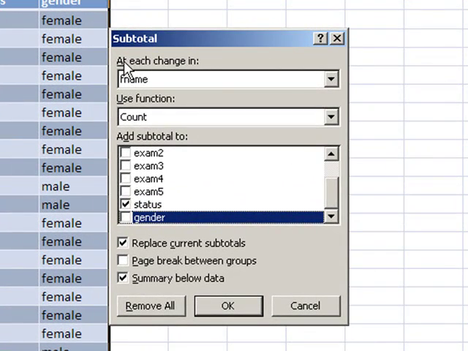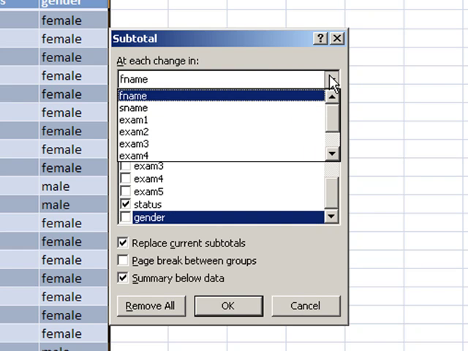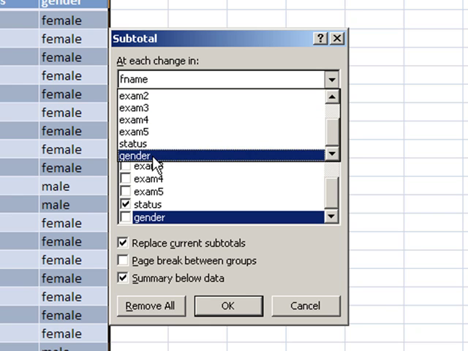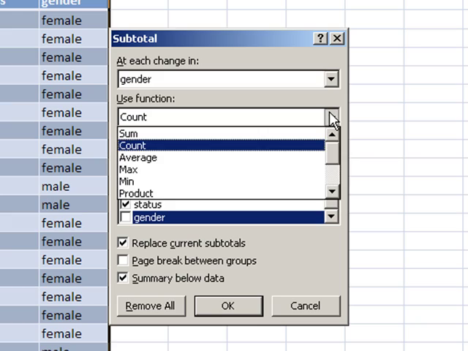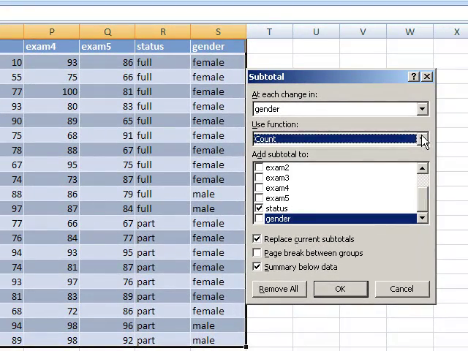Where it says at each change in, we're going to have a change when it reaches a change in gender. Let's click on that, and that offhand should be enough. Use function count. We're going to use how many are in each, but there are other ones as well, but we'll just use count. Let's click OK,